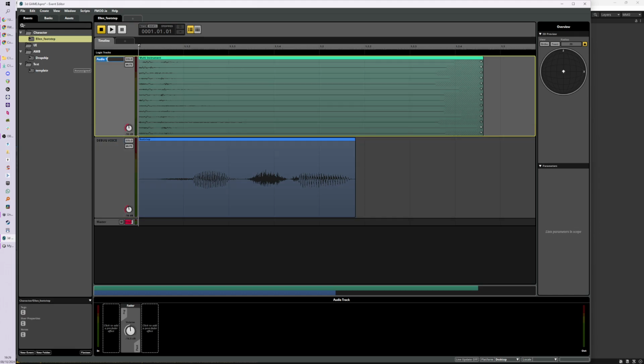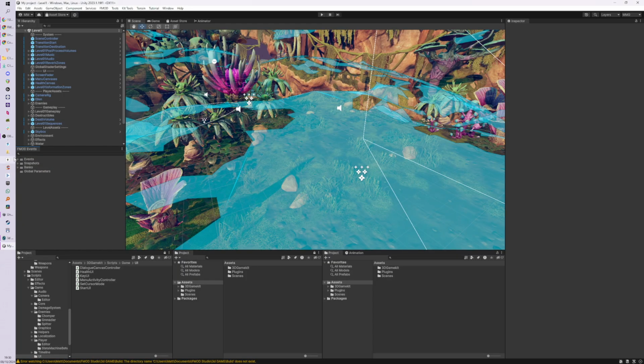I'm just showing you what's on these tracks. These are footsteps. If I actually build this, it should update Unity. It might take a minute. But yeah, that should update,